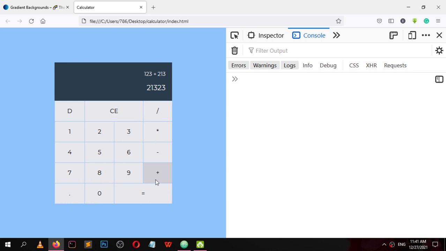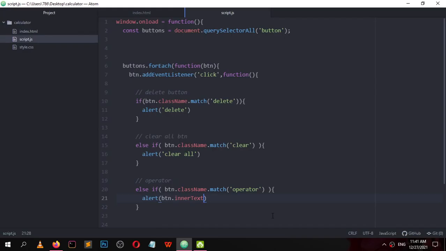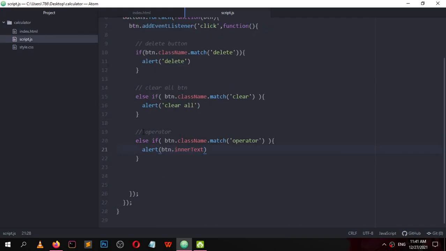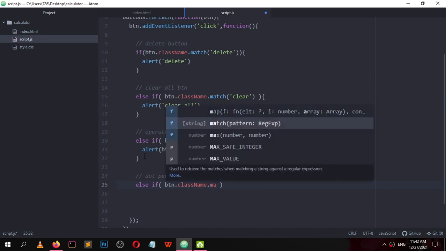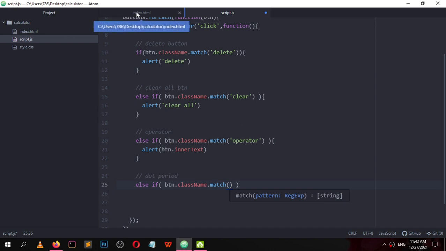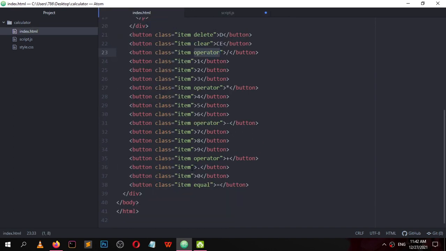Now we are going to check for this dot operator. Let me show you how we will do it. The period. Else if button.className.match. We don't have any class added to this operator, so the operator will have a class of dot.